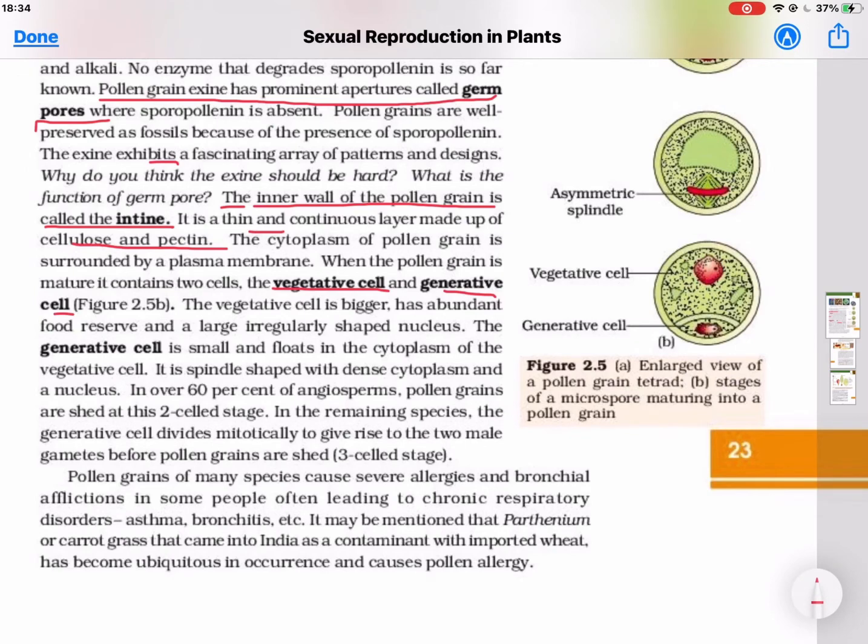Inside the pollen grain, two cells are present. The larger one is known as the vegetative cell and the smaller is known as the generative cell. In the vegetative cell, a large amount of cytoplasm is present as well as the nucleus. The generative cell is small and floats in the cytoplasm of the vegetative cell. It is spindle shaped with dense cytoplasm and nucleus. In over 60% of angiosperms, pollen grains are shed at the two-celled stage. In the remaining species, the generative cell divides mitotically to give rise to two male gametes before pollen grains are